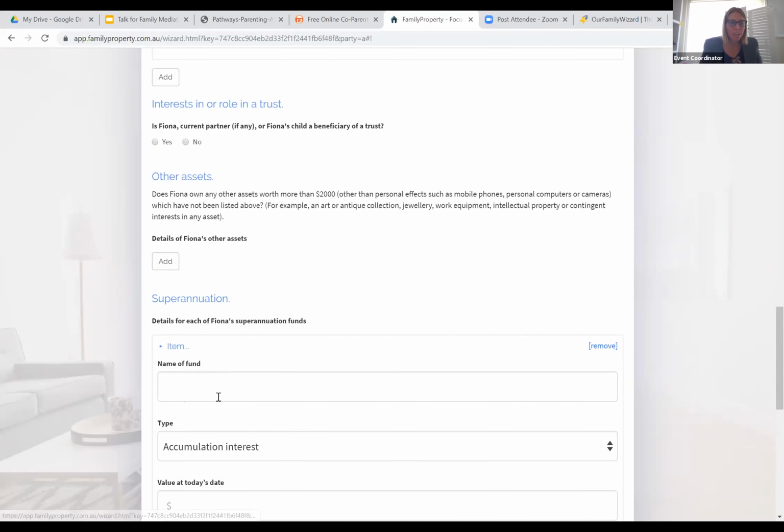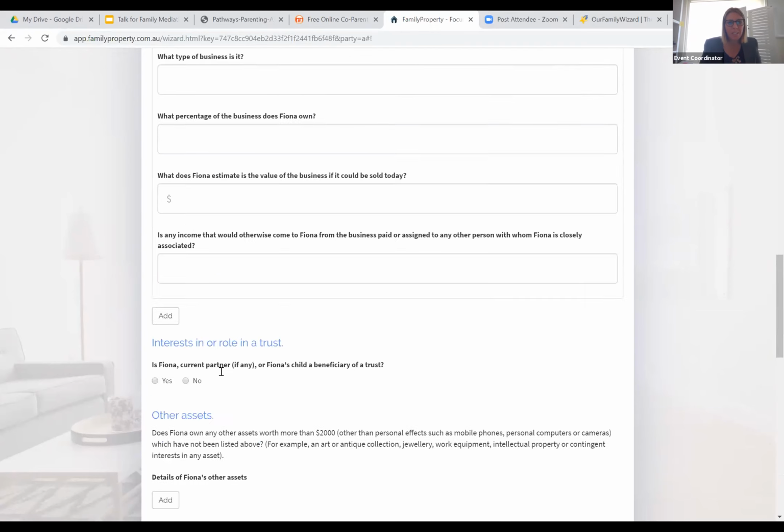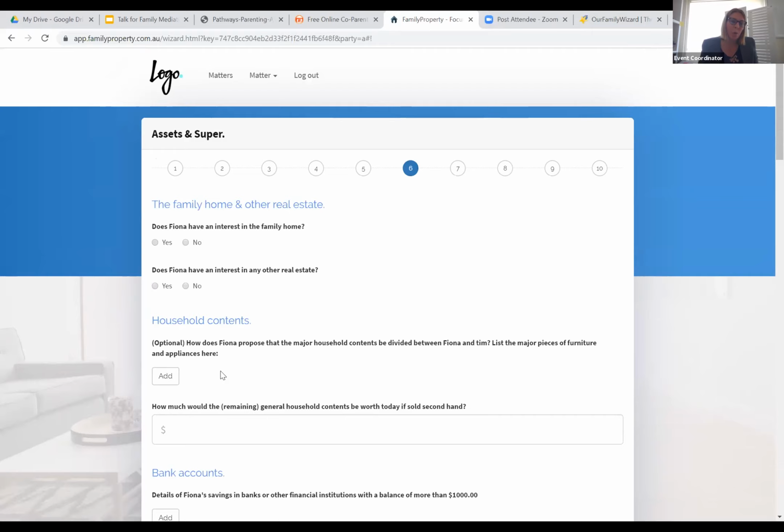Same with superannuation, the name of the fund, type of fund, the value of that super fund, etc. So it's a really straightforward way to start understanding what type of assets you need, because when you look at a property settlement, so for those that aren't that familiar with property settlements, it's really looking at 4 steps. 1, what is the identity and value of the assets, liabilities and superannuation?